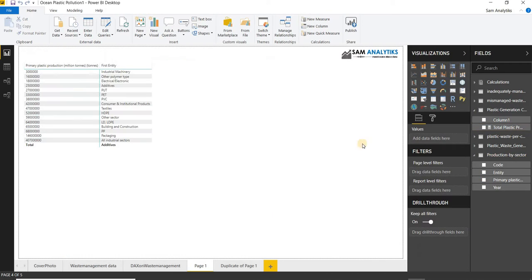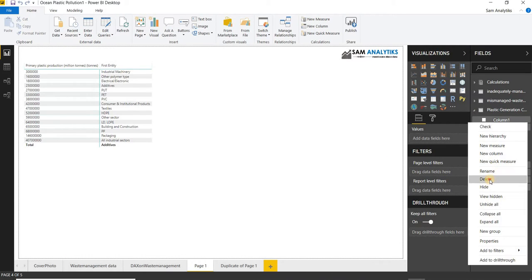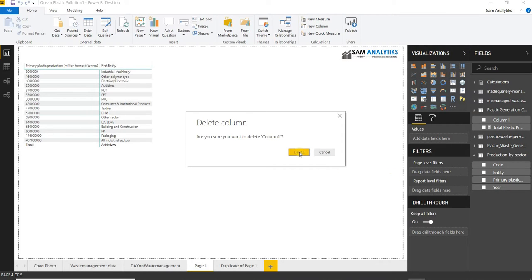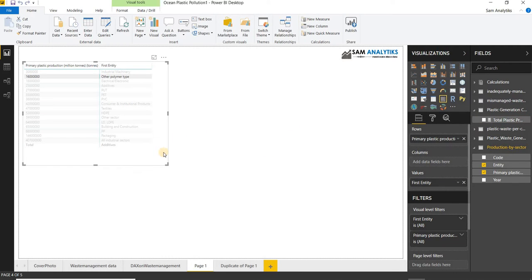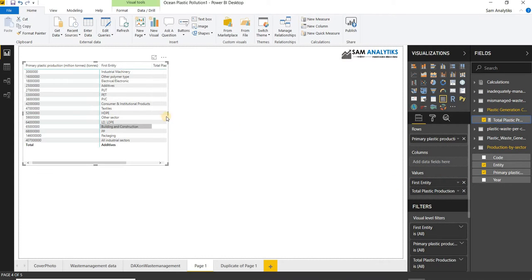And what I'll do is I will simply take my measure, but after creating this, deleting this column 1. So if I delete it, I get the measure. So if I take this measure into the value section, I will get the total count of the plastic production problems happening in here.